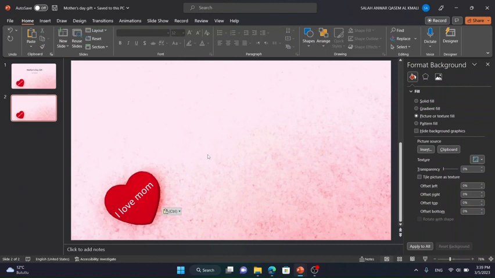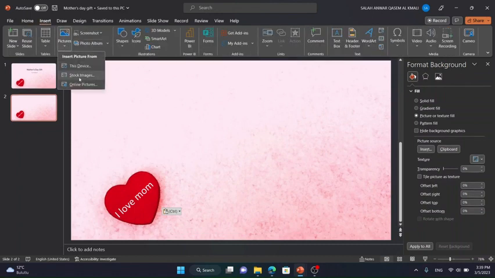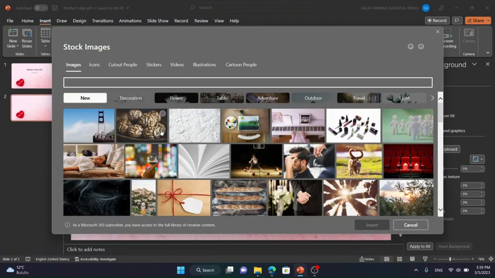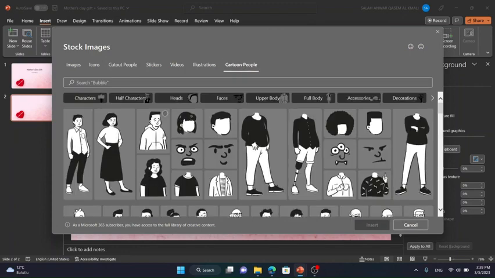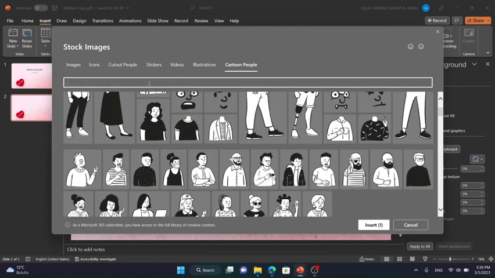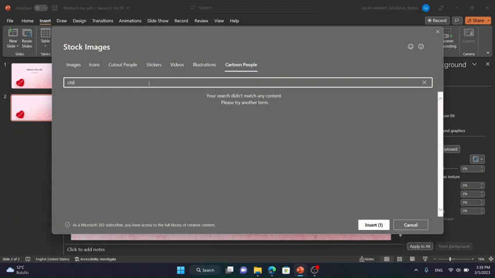Okay, in the second slide, I'm gonna add two characters, the mother and the kid, and I will add some flowers as a gift for the mother. So to add an image or picture on Microsoft PowerPoint, go to the insert and then pictures. I'm gonna choose from the stock images here. Okay, to add the mother and the kid, I will come here and I can choose one of these. So this is gonna be the mother, and for the kid, let's search for child,